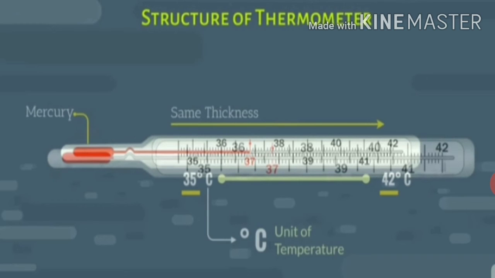Place the thermometer in the armpit or under the tongue of the person whose temperature is to be taken. Wait for 2 minutes. Take out the thermometer and read the temperature at which the silver line of mercury ends. Keep the thermometer level with your eyes for an accurate reading.